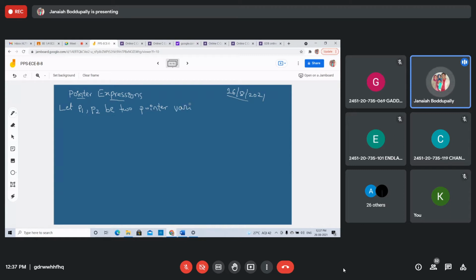Now there are some operations which C allows. See this: pointer P1 plus 4. You can add a value to the pointer variable's address.